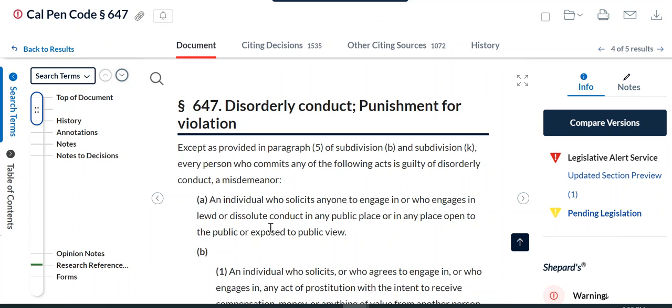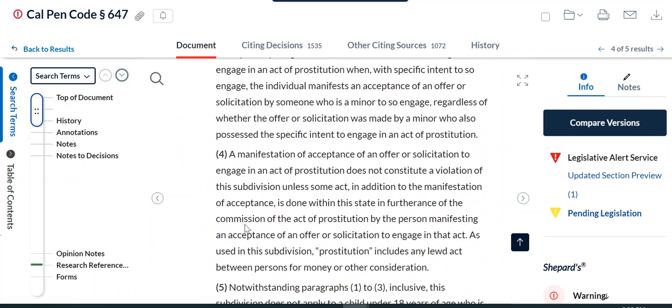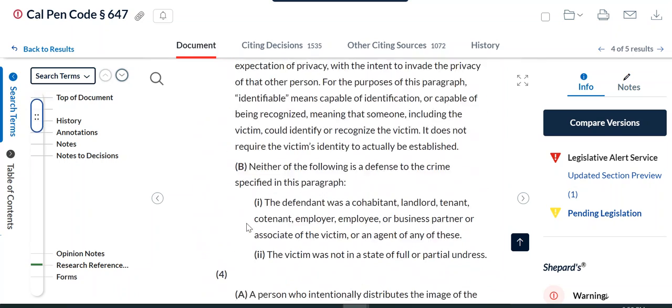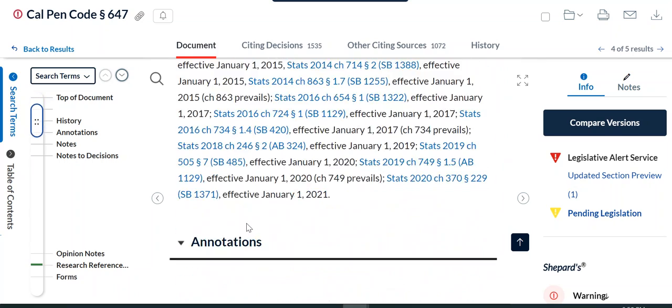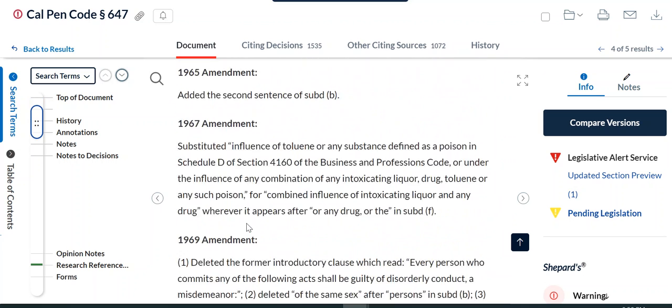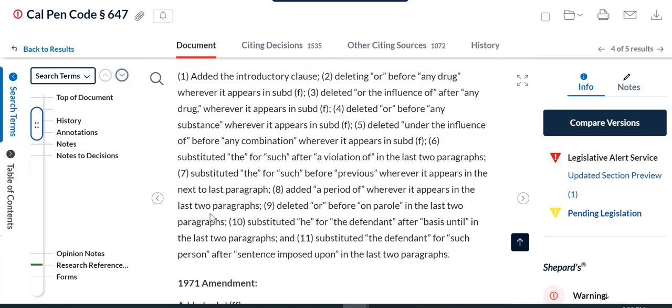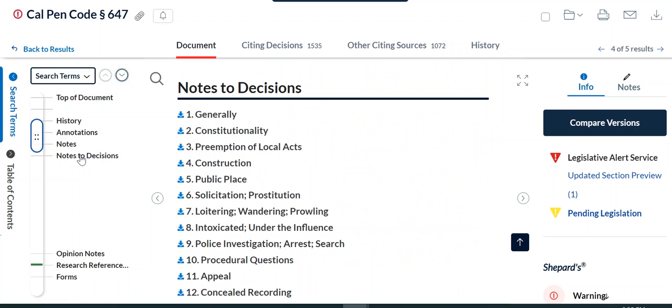The students really need to start figuring out what those subsections are because they're going to come into play in just a few minutes. The next thing, below the text of the statute, which of course they're going to read, is the notes. Now, these are cases that start interpreting the law of this statute. And to easily get them, I can scroll down the screen as you're seeing me do, or I can click Notes and Decisions. That will take me right to the table of contents where I can start looking at different